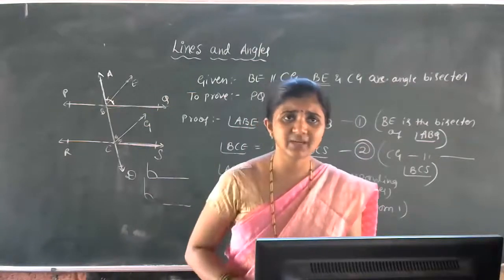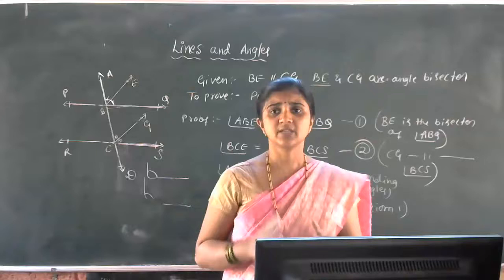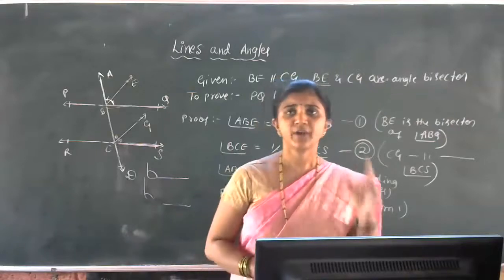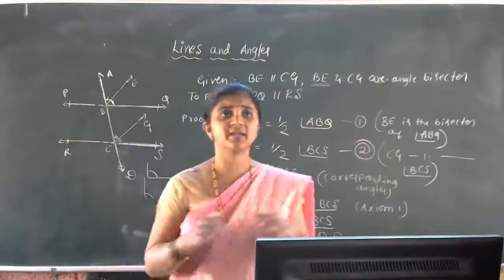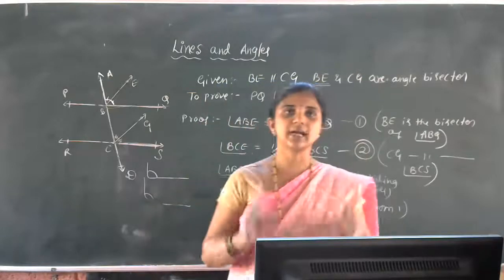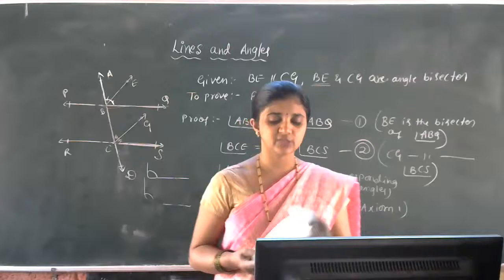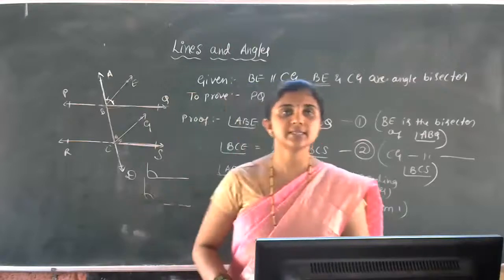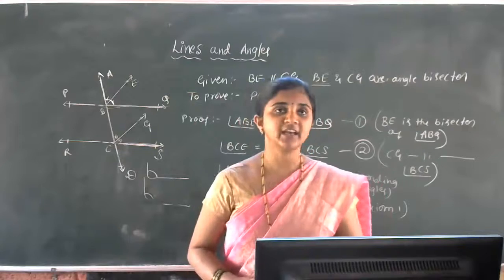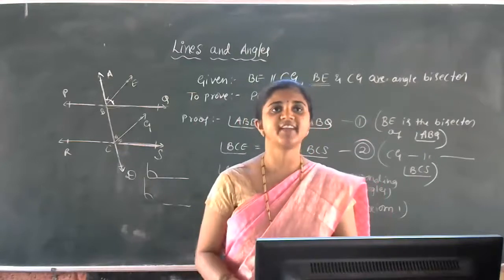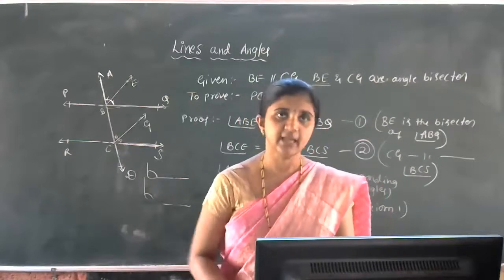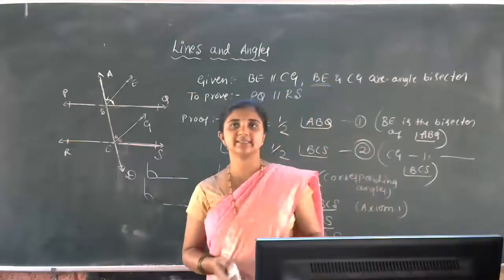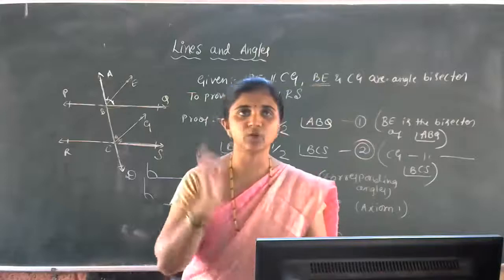Is that clear, students? Okay, so today's homework is the second exercise. If you are having any confusion in the parallel lines and a transversal topic, you can ask now. For the second exercise, you can apply linear pair, vertically opposite angles, corresponding angles, pair of interior angles or exterior angles, or interior angles on the same side of the transversal. Using these properties, you have to solve the second exercise. If you are having any doubts, you can ask now.